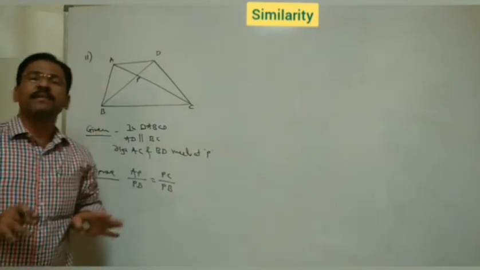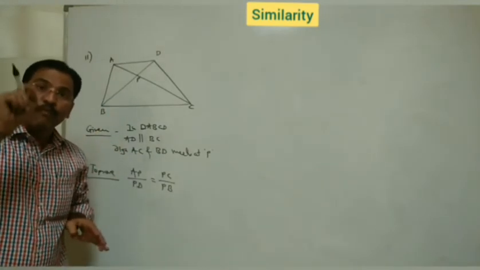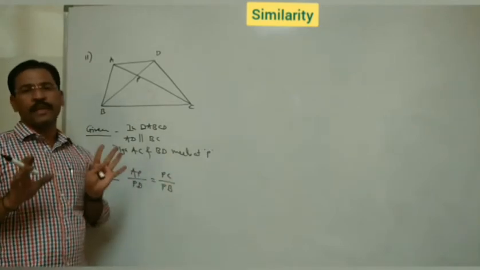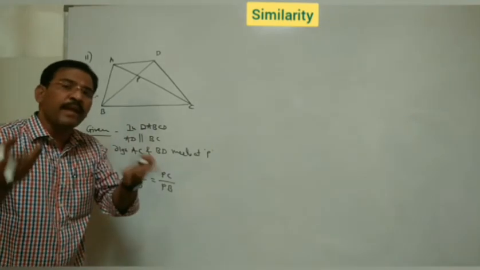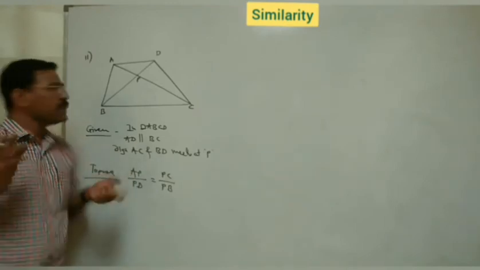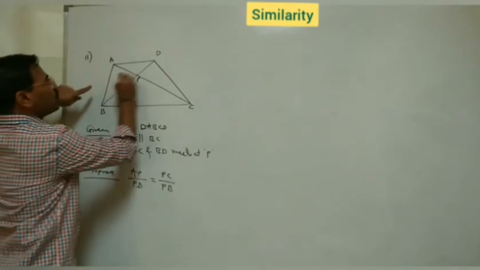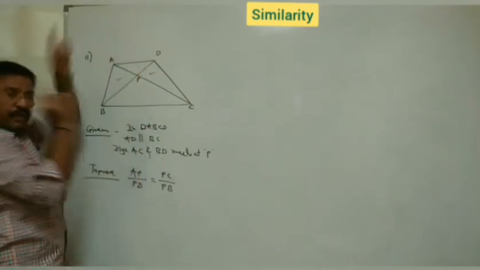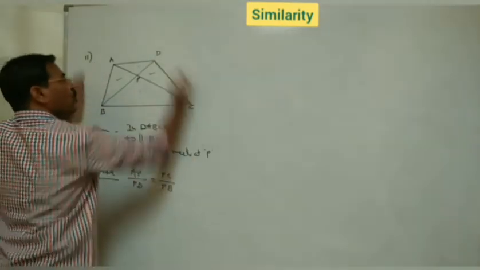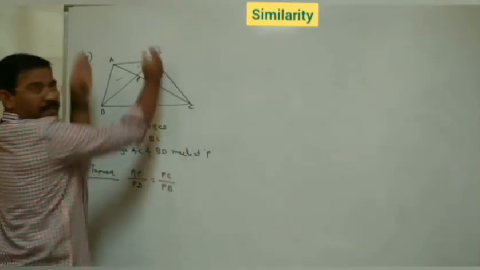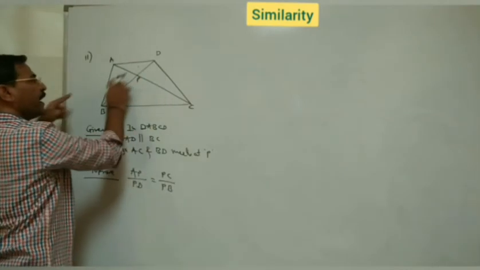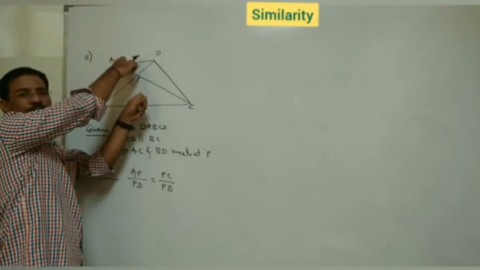Whenever we have to prove like this, at that time we have to prove that two triangles are similar, in which all the sides should be there. Now tell me, which two triangles should we take? That means all these four sides should be covered. See, first you may take these two or these two. If we take these two, we cannot make anything here. Why? Because we don't know anything about these two sides. But we know these two are parallel. Means instead of these two triangles, we'll take these two.